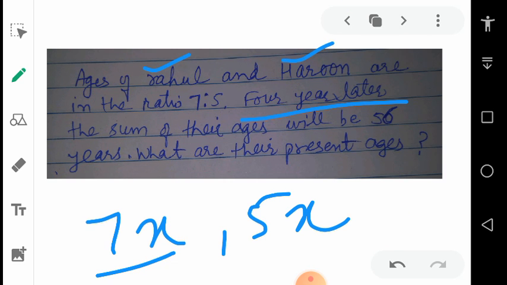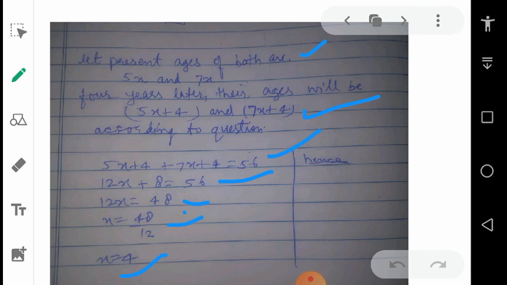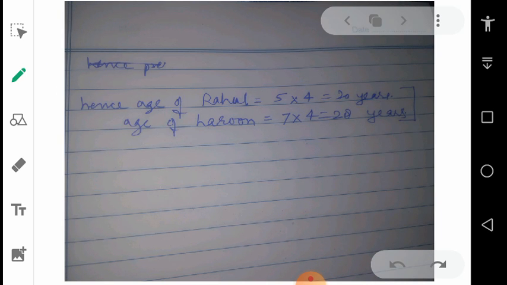Next question is regarding ages. So this is also an important point. Actually in this video I have covered all the important parts of linear equations: questions regarding ratios, questions regarding the ages of two or more persons, questions regarding the area and perimeter of some geometrical shapes, and questions about currency notes and the number of notes. So all these points are important.